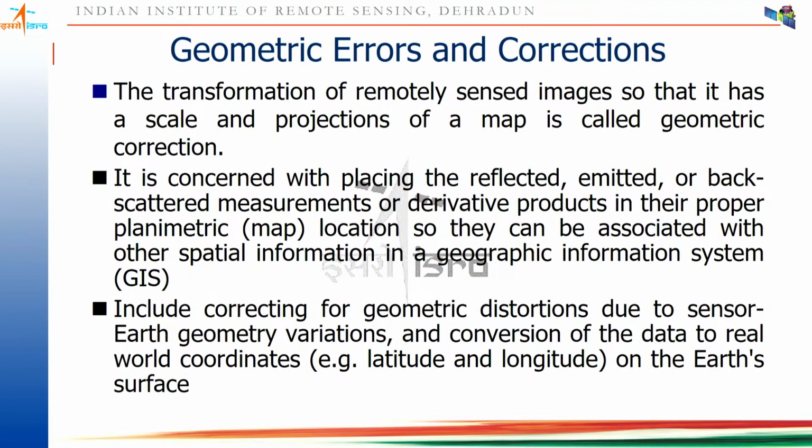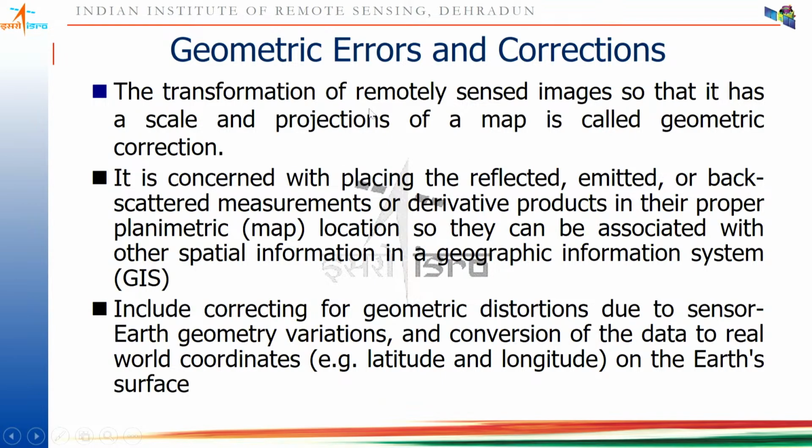So these are the radiometric errors. Now geometric errors. As the name suggests, if the geometry of the pixel is distorted, it is a geometric error. Even if the geometry of the pixel is not distorted, sometimes you want to overlay your image over a topo sheet or another map. Then you also need to do this process called rectification or geometric error correction.